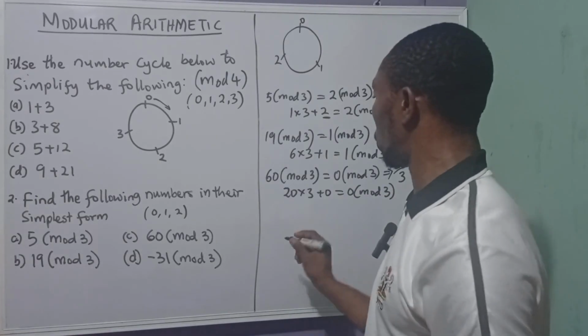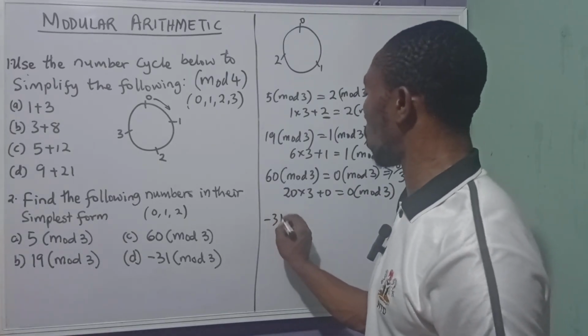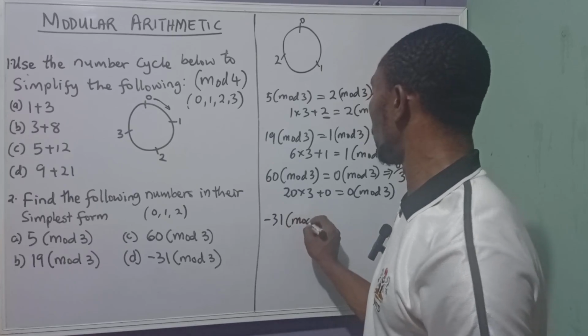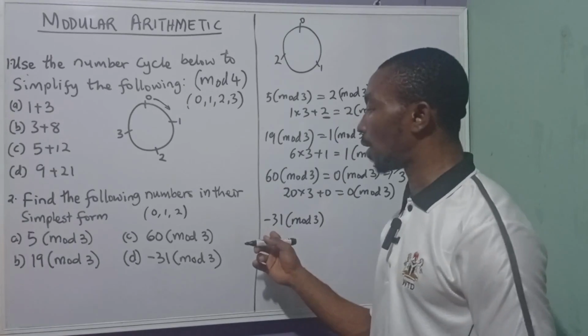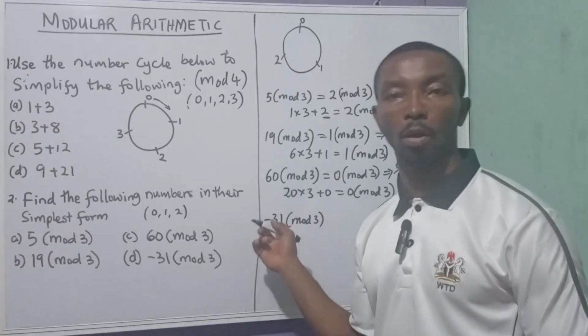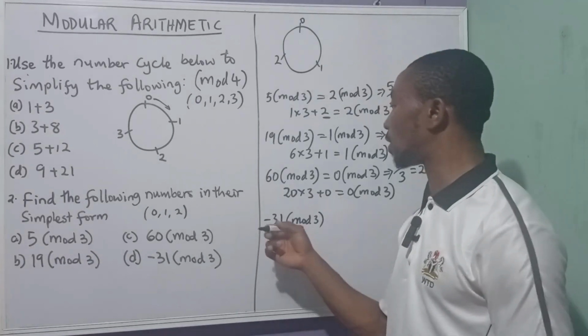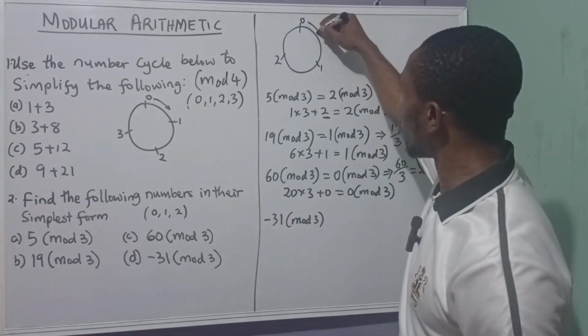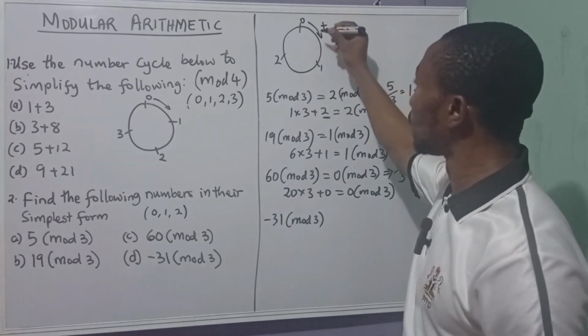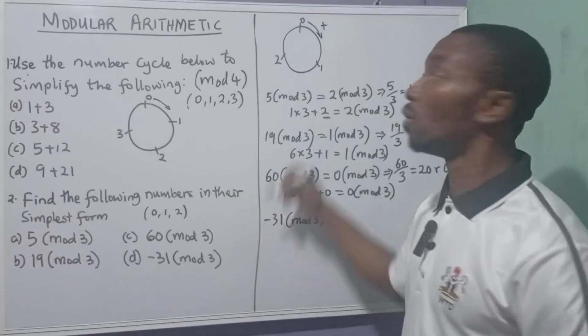So our next question, D, minus 31 mod 3. Now, something special about this: it is not just a positive number, it is a negative, minus 31. Remember, when we worked with a positive, we went clockwise. So when working with a negative, we go